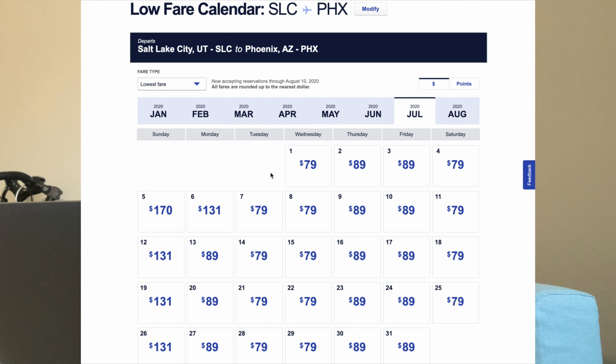Other things to think about in terms of flexibility is maybe you couldn't take Wednesday off work, but if you find a Wednesday night flight, it's pretty much the same as a Thursday morning flight in terms of your work schedule. So you could always sneak out after work and fly in the evening to get somewhere. We do that a lot. Another thing you could do is if your work has flexible hours, you could fly back in early in the morning on Tuesday before you get back to work.